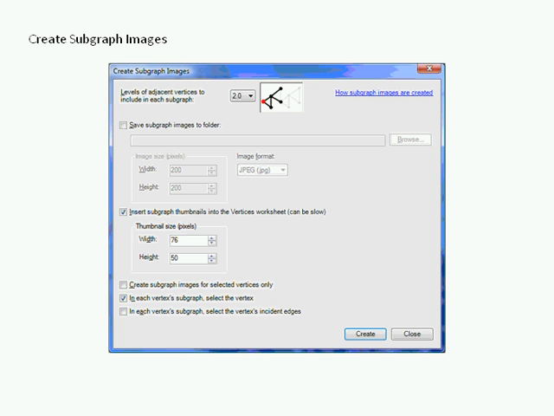bar. And this dialog allows you to generate egocentric networks for every node in your diagram, in your graph. And we'll do more than one thing with those ego nets. One thing that we will do is generate GIFs or JPEGs and stuff them into a subdirectory for you. And I'll point you to the work.